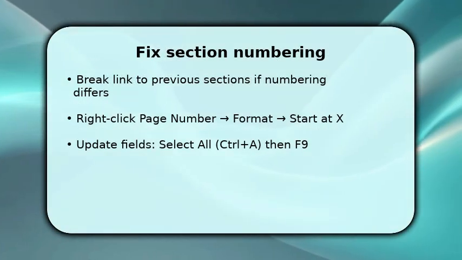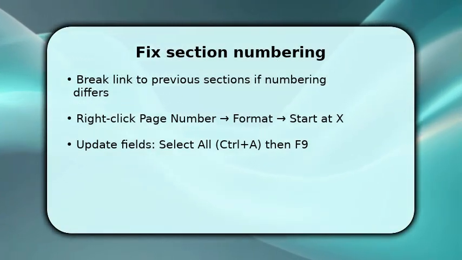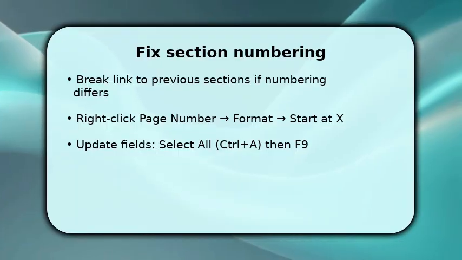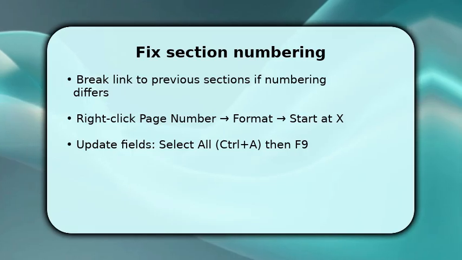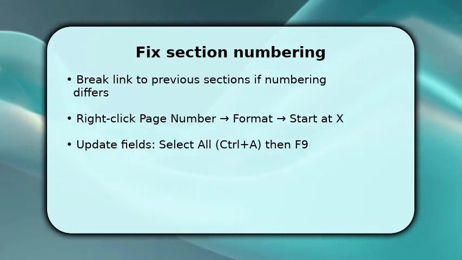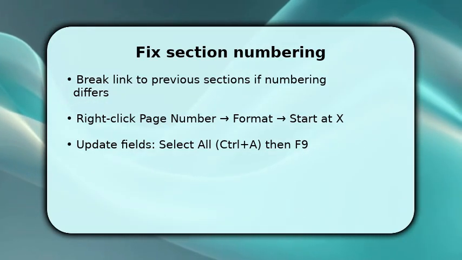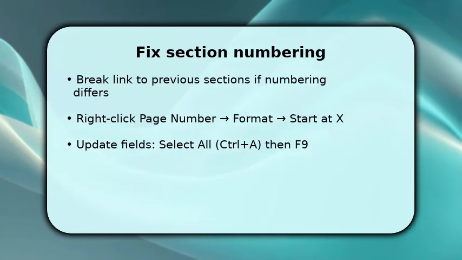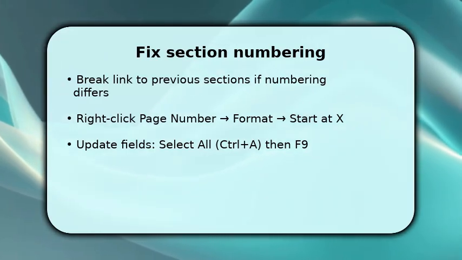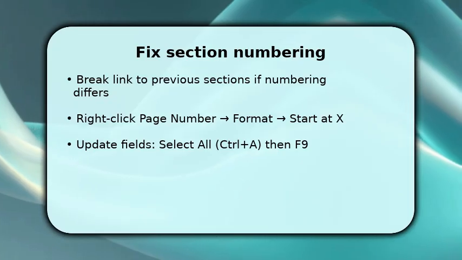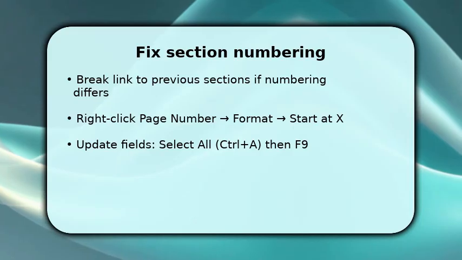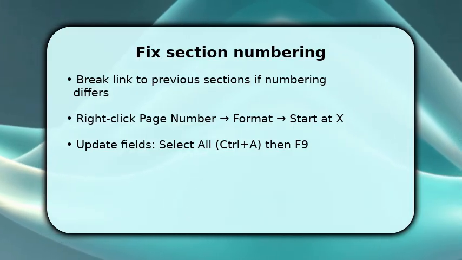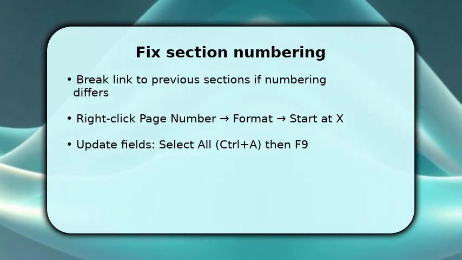Now you break in appropriate links and set the right start value. With header/footer open, click Link to Previous to turn it off where numbering should differ. That stops sections from inheriting numbers. Next, right-click a page number, choose Format Page Numbers, and set Start at to the desired number or select Continue from Previous based on intent. Once applied, press Ctrl plus A to select the whole document and F9 to update fields, so every page shows